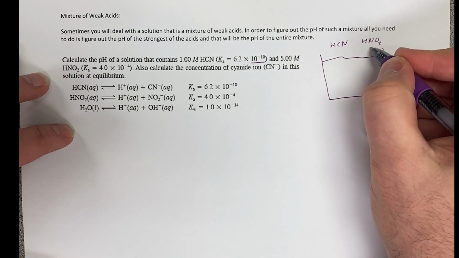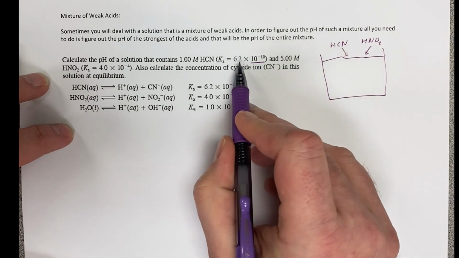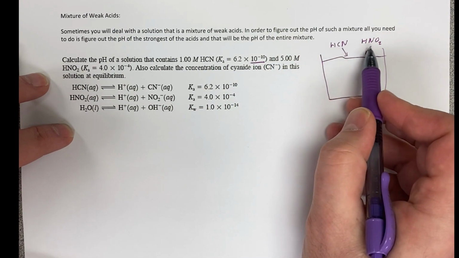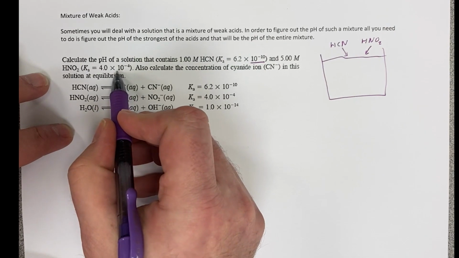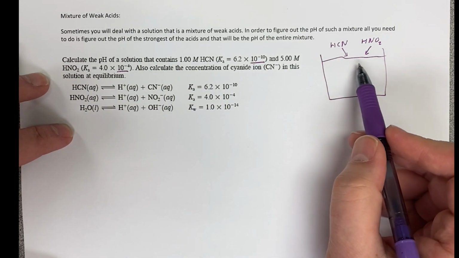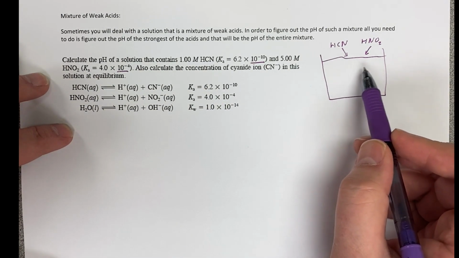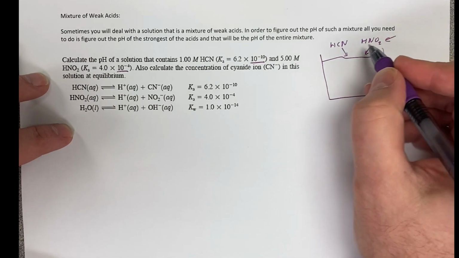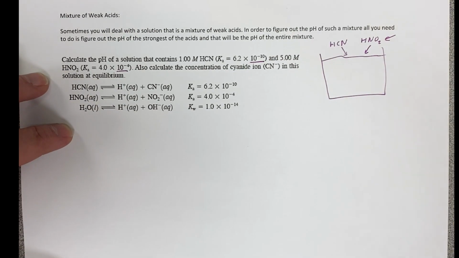Now, the nice thing about it is that HCN has a Ka of times 10 to the negative 10, which means it's really, really weak. HNO2 has a Ka of 4.0 times 10 to the negative 4, which means it's significantly stronger, by a factor of 6 places, right? So it's about a million times stronger. Now, the nice thing about this then is if we're trying to figure out how much H plus is in the solution, we can assume that the HNO2, because it's so much stronger than HCN, is the primary source of